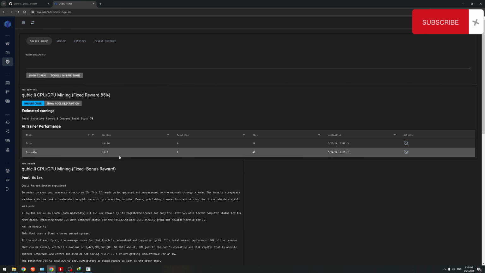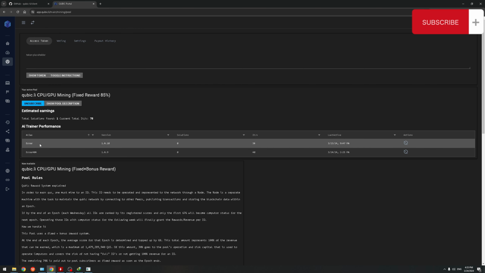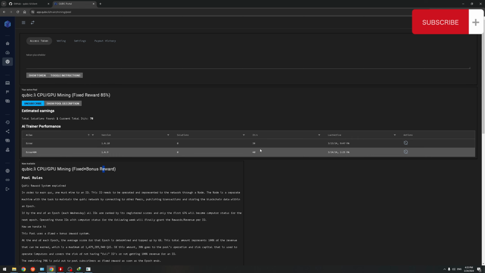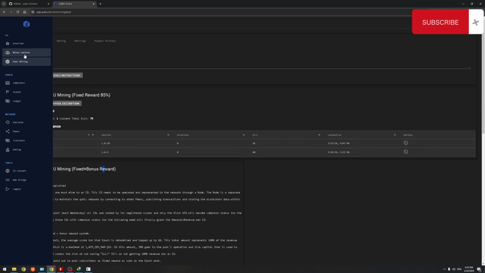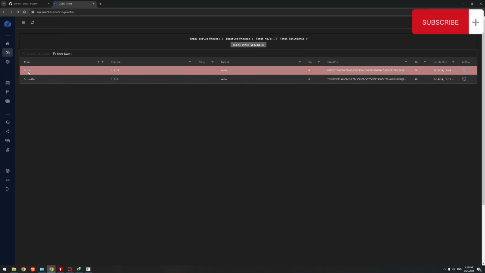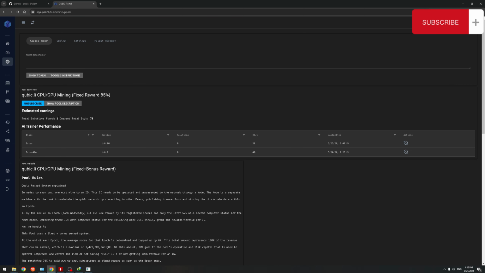So now after you start mining with Qubic like this, you will get the miners. Now I got only one. This is for version 1.8.9 and this one is for 1.8.10. Here we can come back to the miner control and you will see the two miners. Now in this epoch I got one solution. You can find it here in the pool mining. I got one solution found